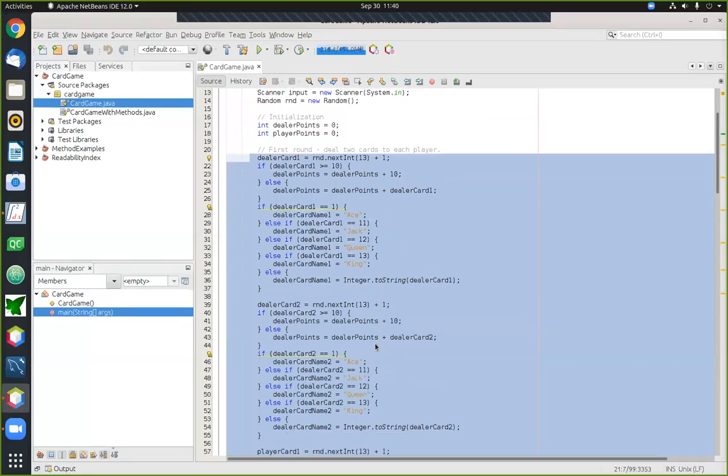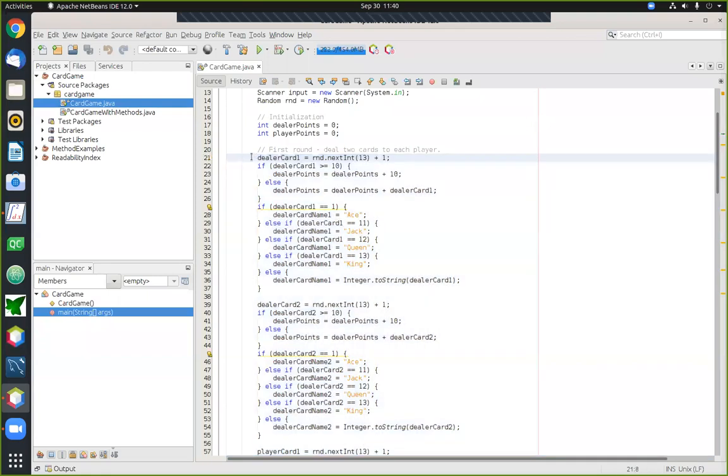repetitive because the logic that you need to process card number 1 looks exactly the same as the logic to process card number 2 and so on. So there's a lot of redundancy and a lot of repetition here. Right? And as I said in the lecture on Monday, when we were introducing methods, one of the reasons for introducing methods is to help to reduce this type of redundancy when you're writing code.